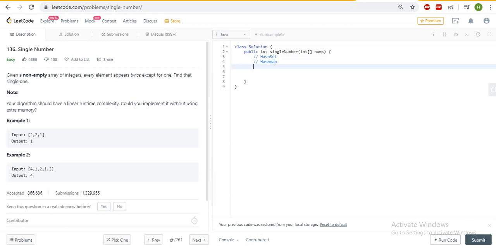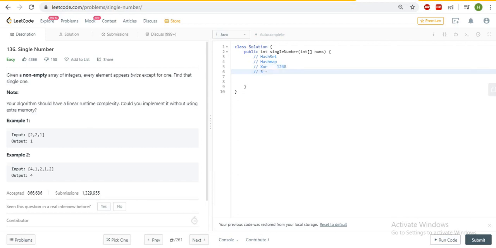So for that we have one more concept: XOR. In XORing, what is this concept? I'll give you one example for 5. This is the memory representation.